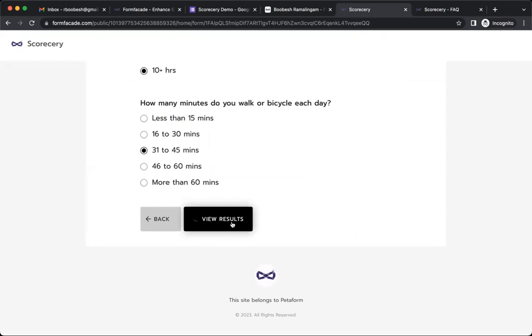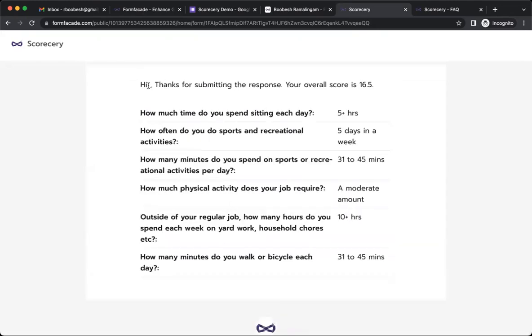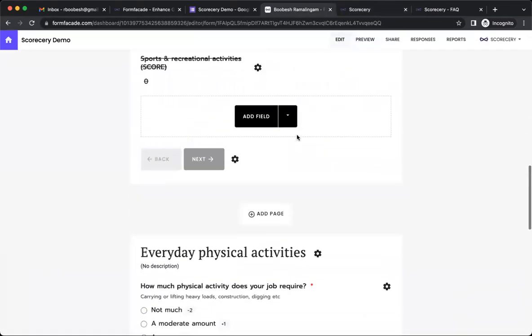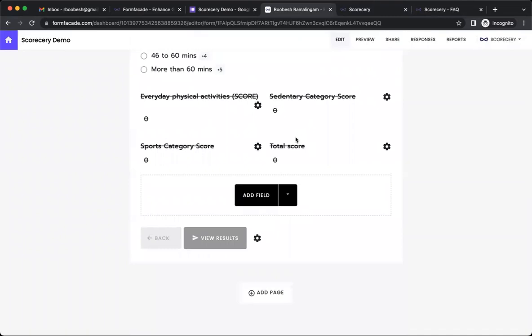So it says view results. If I click on submit, now it says, hi, thanks for submitting the response. Your overall score is 16.5. And then it is showing me all the questions and answers. You don't want to show a static message for all the users, but you want to show a customized message